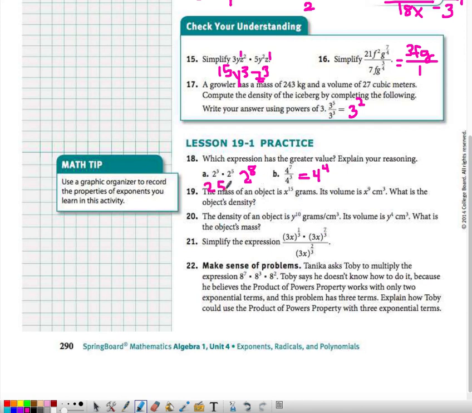And then 4 to the 4th would be 4 times 4, which is 16, and then 16 times 16 would give us